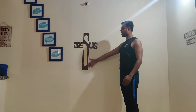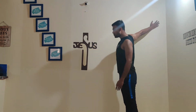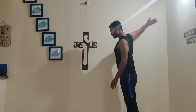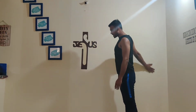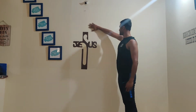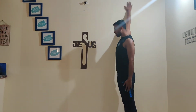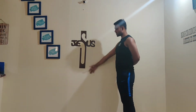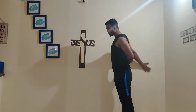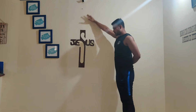Keep your palm, your wrist, elbow and your shoulder completely straight. Don't compromise by bending your elbow like this. Keep it straight all the time throughout the movement. Keep the other arm behind as well, just to make sure your upper body is stable as you do the